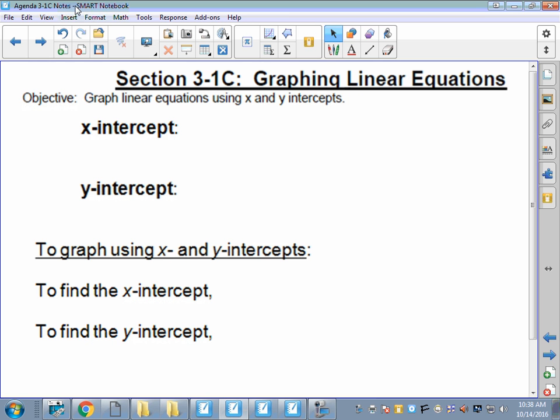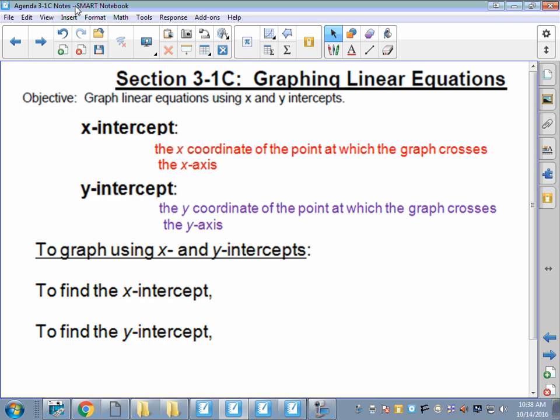So first of all, an x-intercept is wherever the graph crosses the x-axis. It's the coordinate of that point. Everybody knows the x-axis is the horizontal. The y-intercept is the y-coordinate where that graph crosses the y-axis. So if we know a point on the x-axis and we know a point on the y-axis, for example,